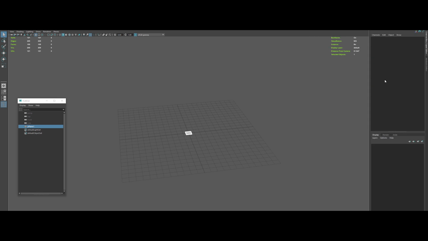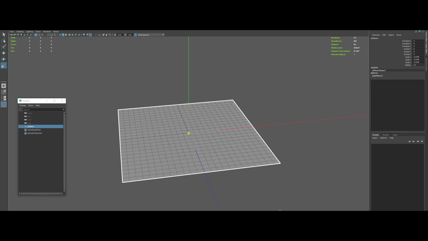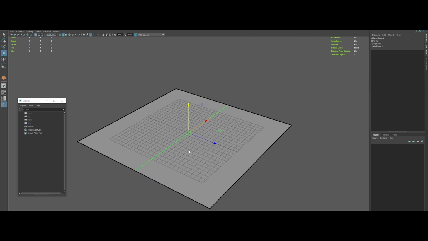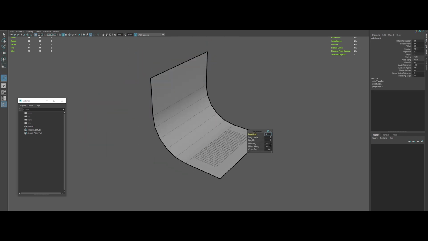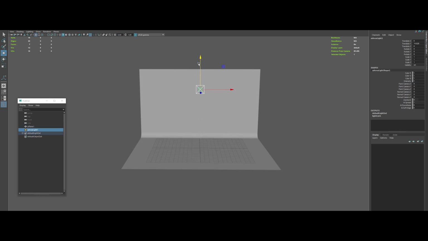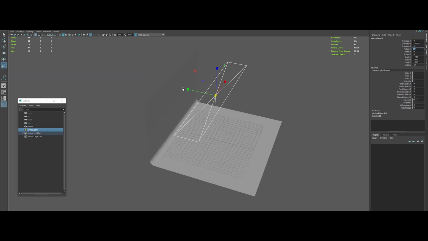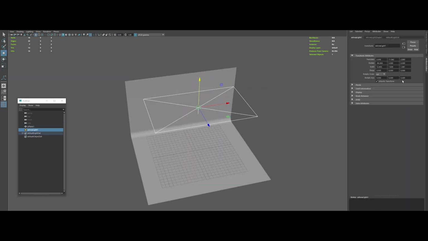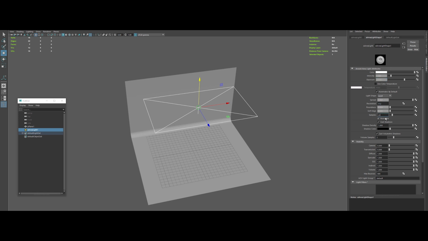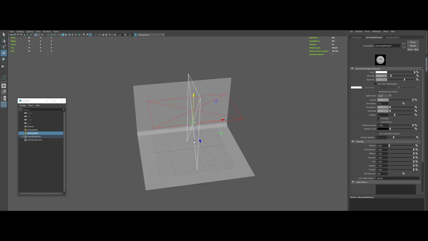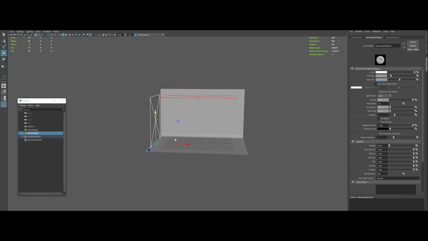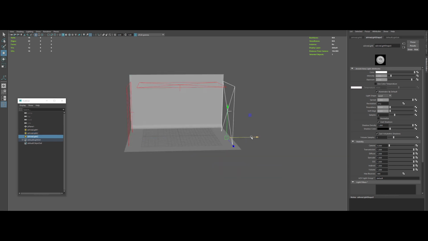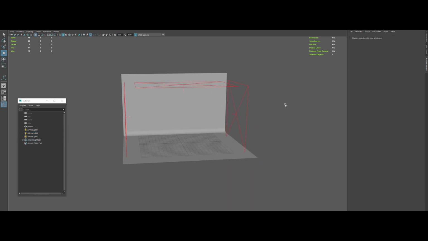Okay, now let's build the studio for the look development and lighting. To model the backdrop, create a plane, then extrude the edge and bevel the edge to make a smooth corner. Now we can create our first light, the overhead one. Let's adjust the settings as usual. Okay, now we can duplicate it to make the second light on the left. Scale it a bit to match the height of the studio. Then create another duplicate on the right.